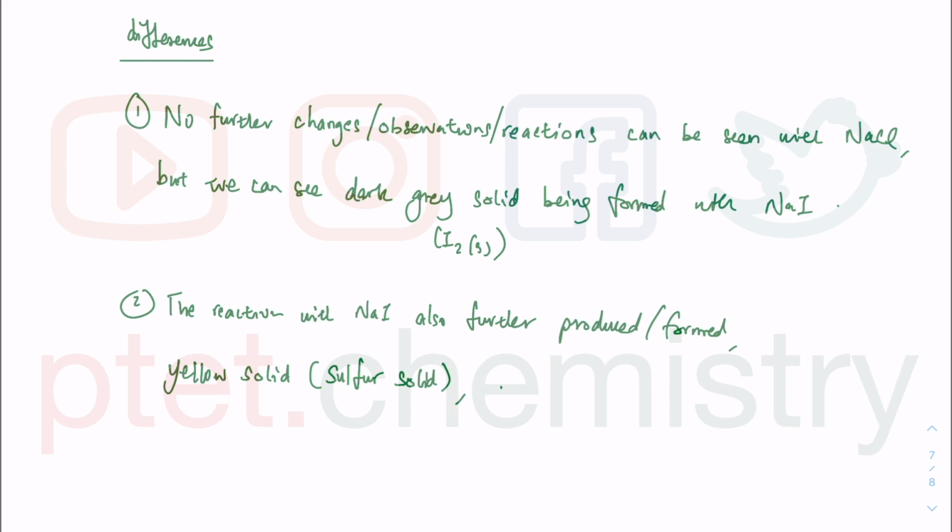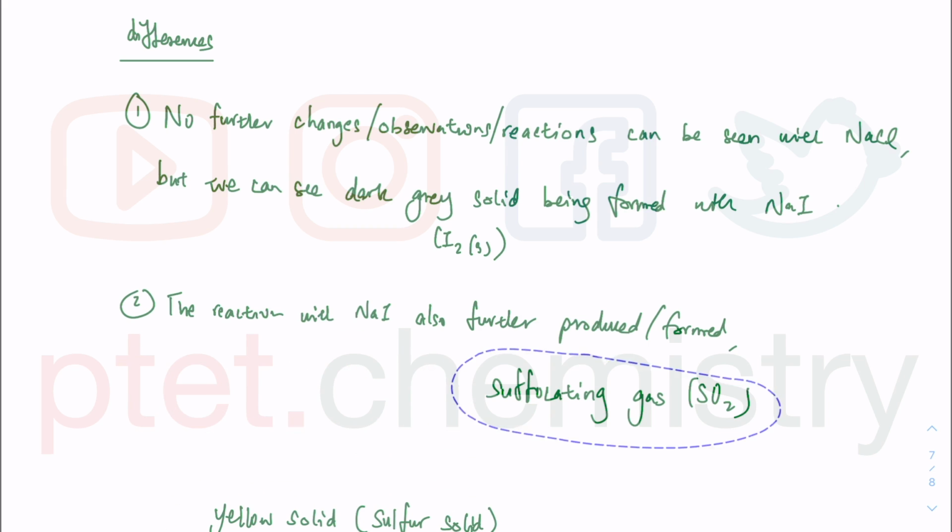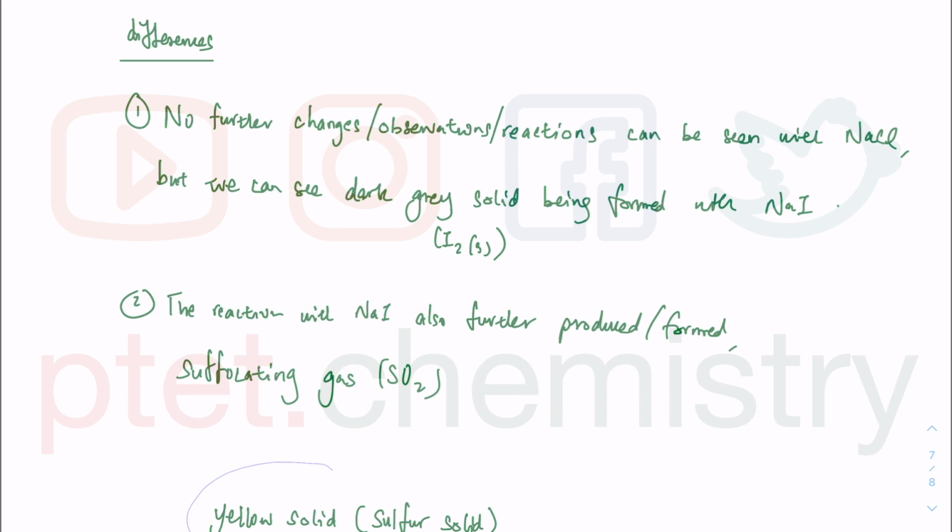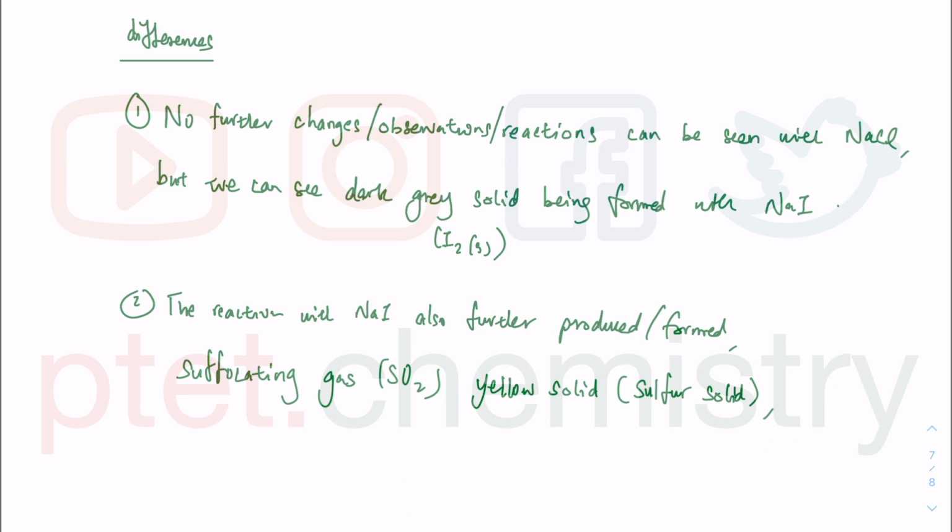You can also say a suffocating gas, that is your SO2. Actually, you produce the SO2 first before the yellow solid, because that is your sulfur plus 4 oxidation state. You also produce a yellow solid, and also